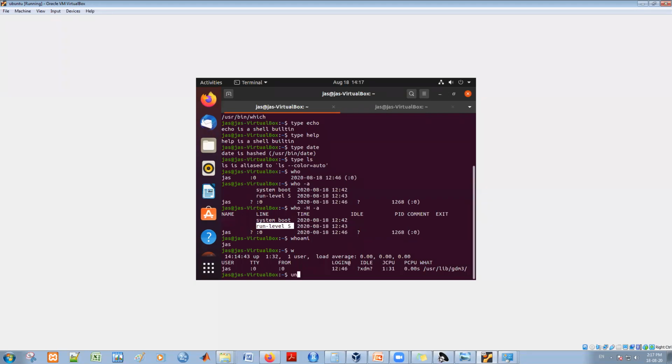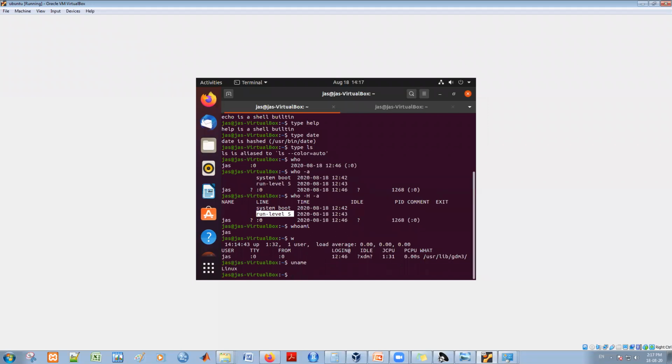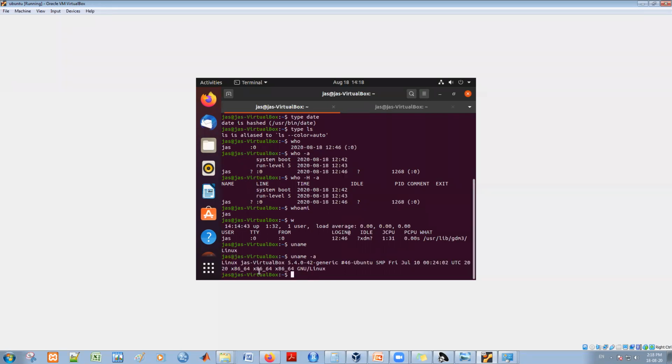Okay, another is uname. If you simply do uname, what does it do? It gives you the name of the kernel of the operating system, which operating system or kernel is running on this machine. So the Linux kernel is running on this machine. If you do uname -a, it gives you more information, all the information. The Linux kernel is running on this particular machine, and this is the generic version of Linux, and the flavor,